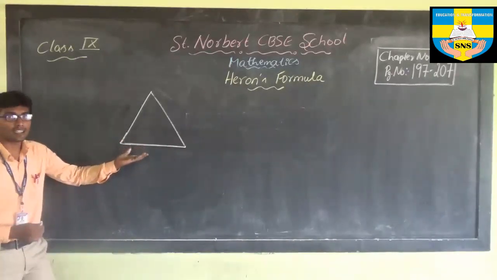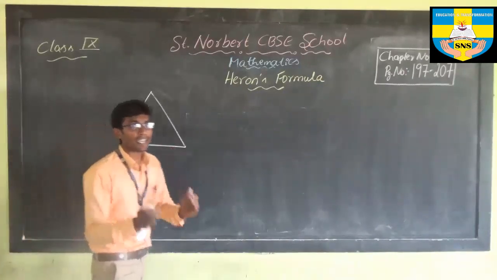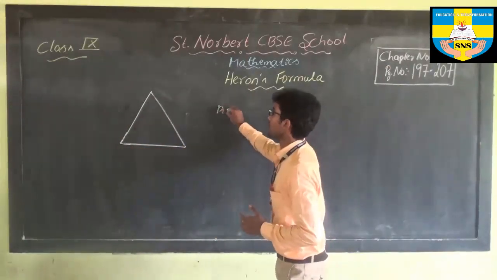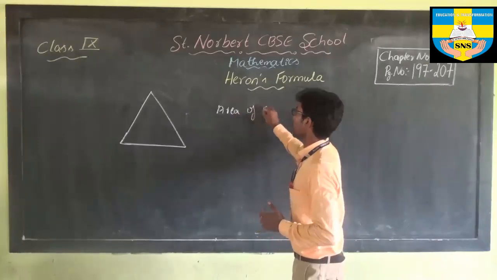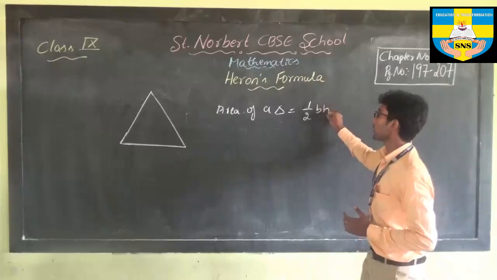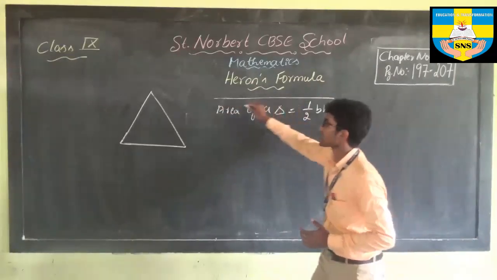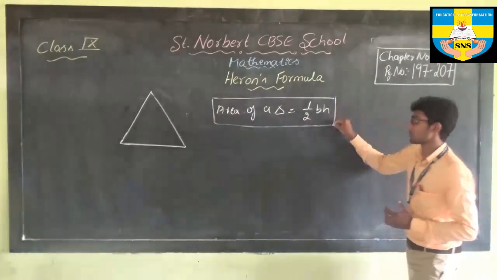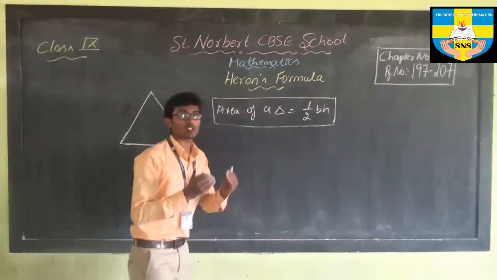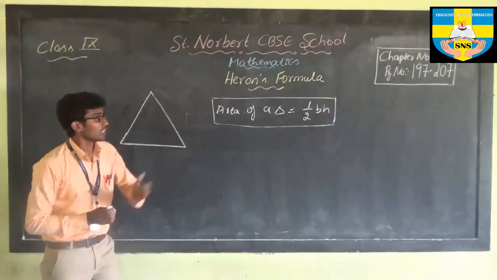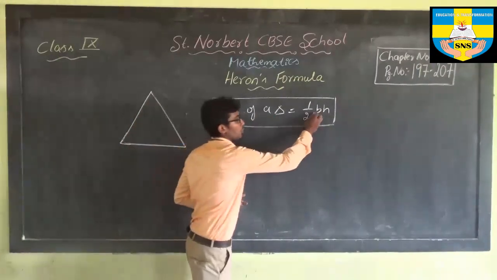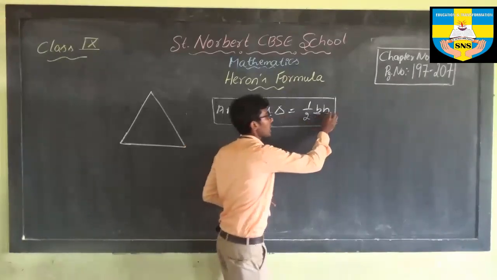When it comes to triangle, if I ask you what is the area of triangle, the first formula that comes to your mind is area of a triangle is equal to half into base into height. This is a well-known formula. We are studying this from our class 6, right? But always I will tell you, this formula is not suitable and not applicable. We have many restrictions to use this formula because you should know the base and also you should know the height.